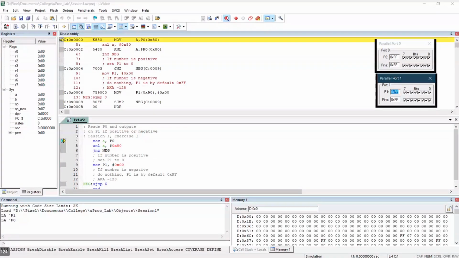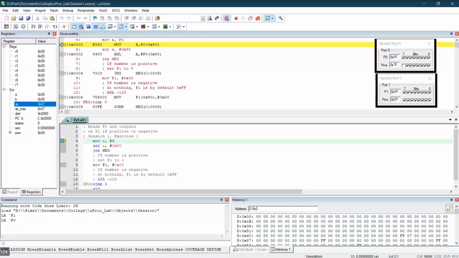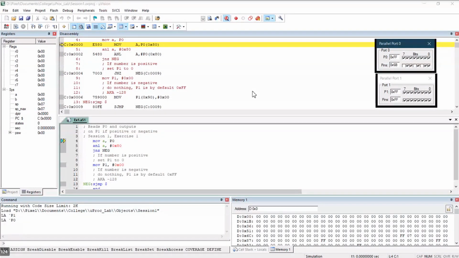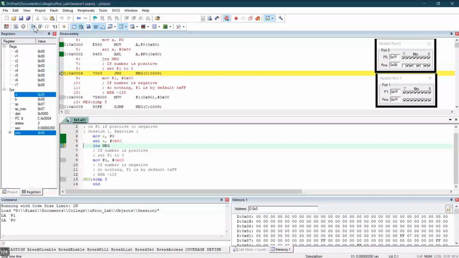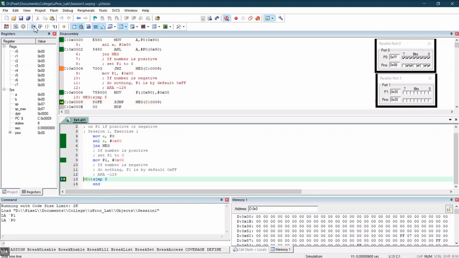Our output is at port 1, and from what I understand, sir, P1 is what the microcontroller will output. If you have to provide input, you have to change the pins below P0. So since we are giving input at port 0, let me give it some random positive number. It's a small enough program, so I'll just step through the program.